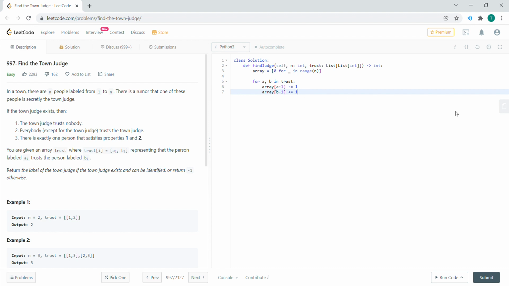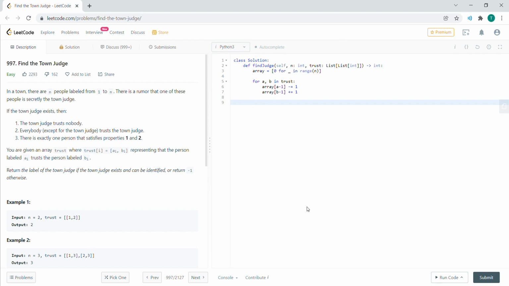So we kind of cut down our two hash map or dictionary approach. We just iterate through each of the paired values inside our trust, keeping track of the number of people in our array, because we're given n.